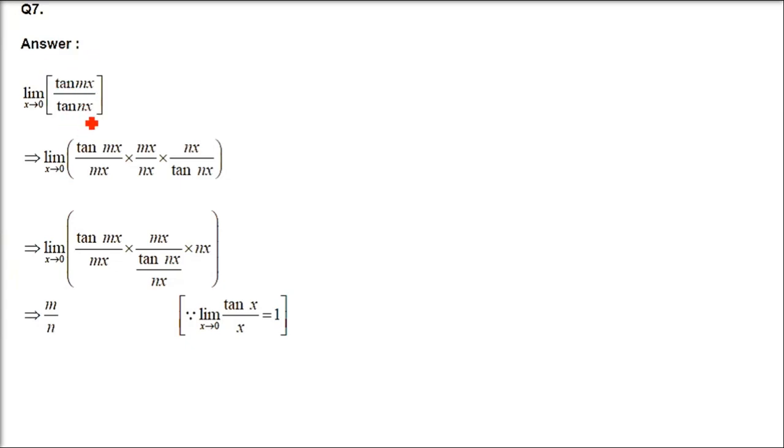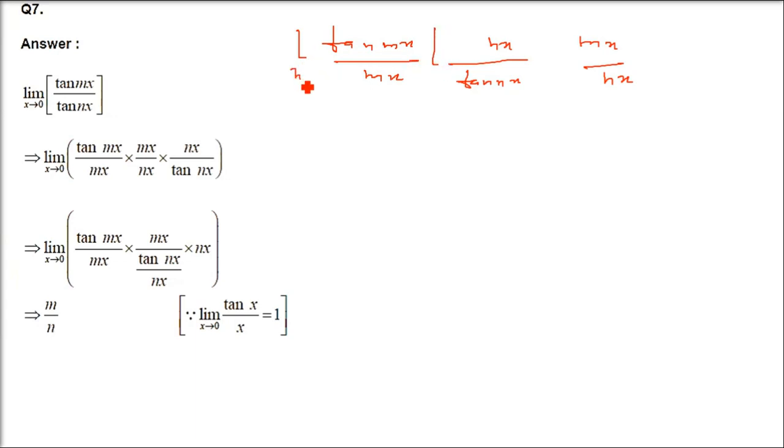Now this is question number 7. Tan mx by tan nx. So this is exactly like the 6th question. Only 8 has been replaced by m and 2 is replaced by n. The same thing we are going to do. Tan mx by mx and mx multiply. Now tan nx, and you have nx. So this is limit x tends to 0. Here also x tends to 0. So tan theta by theta and tan theta by theta, it is going to be 1 and 1. And this x gets cancelled, so m by n will come.